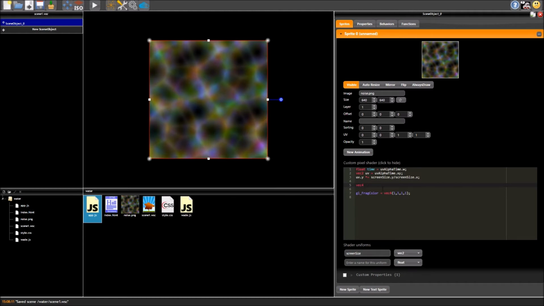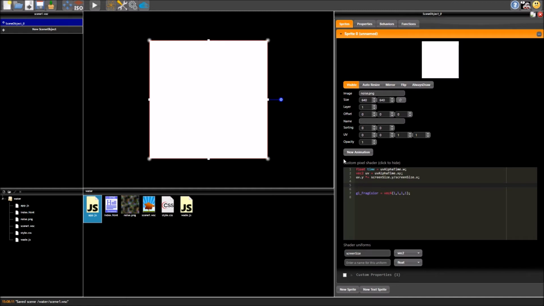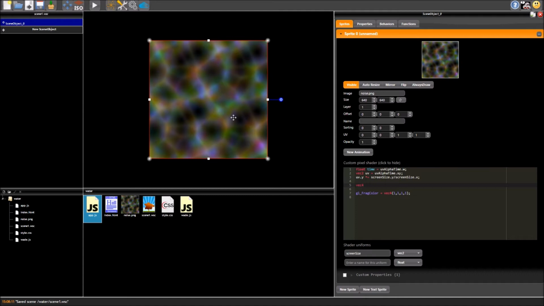Now notice when I type something, this shader gets compiled every time you make a change, so you can see it in the preview here, so you can see live changes. So this isn't actually the output. At the moment the shader's not compiling, so ignore what it looks like for now. At the moment, without this line, we have just white. So we need to get it back to the state where it looks like this when the shader is working.